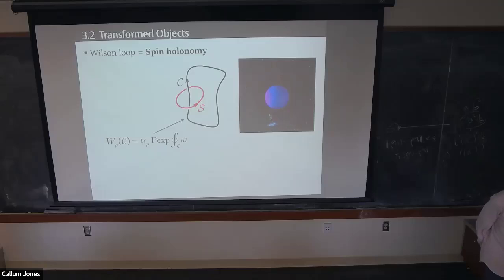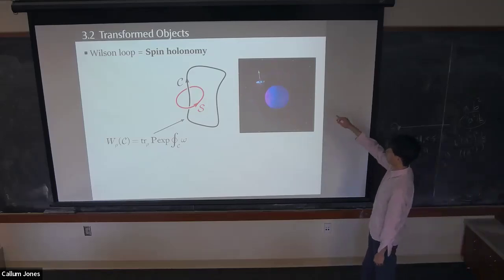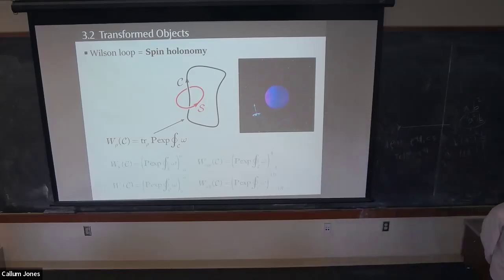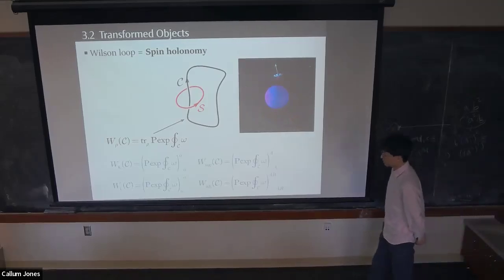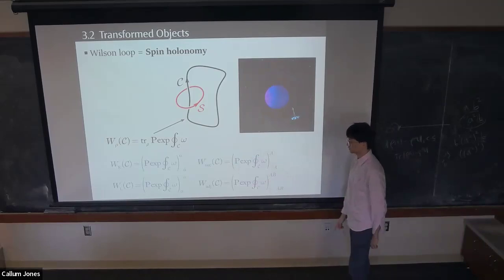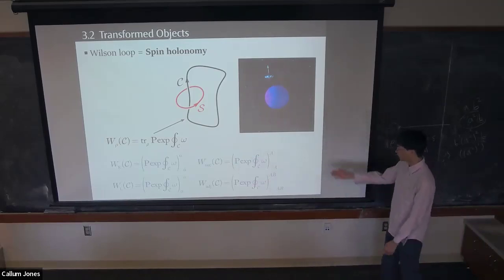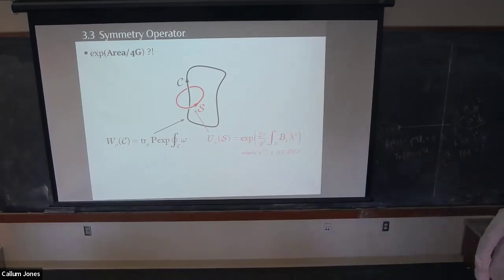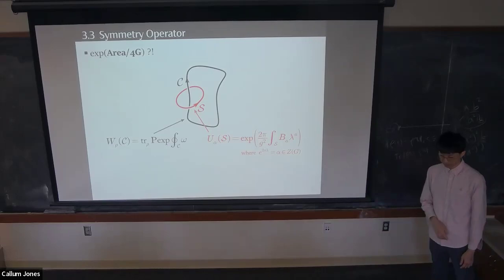The Wilson loop of the spin connection is called the spin holonomy, and it precisely describes the holonomy that you measure by parallel transporting a spinning top. It also comes with various representations: the right-handed spinor representation, the left-handed spinor representation, the vector representation, and also a Majorana representation. On the other hand, the symmetry operator is given by this formula, where lambda^A is also exponentiating to a center element of the Lorentz group.